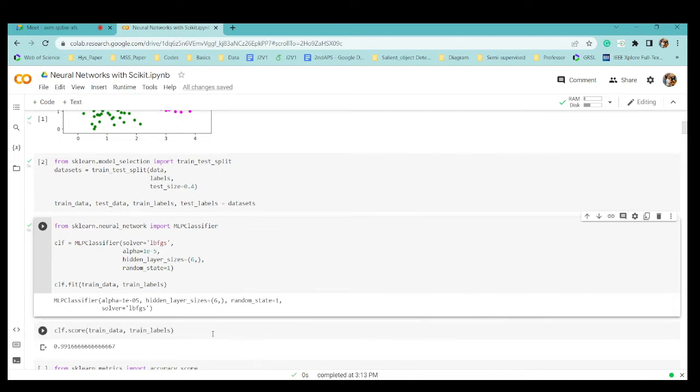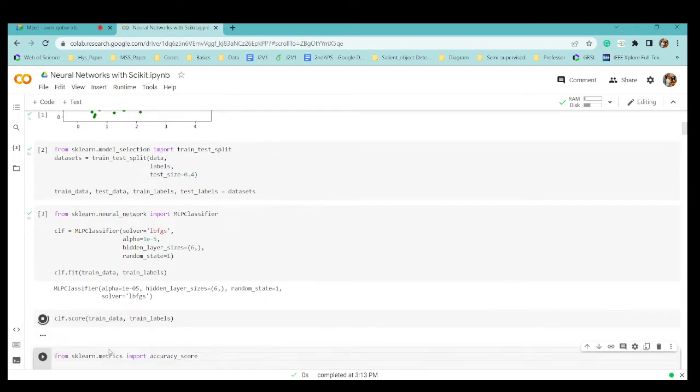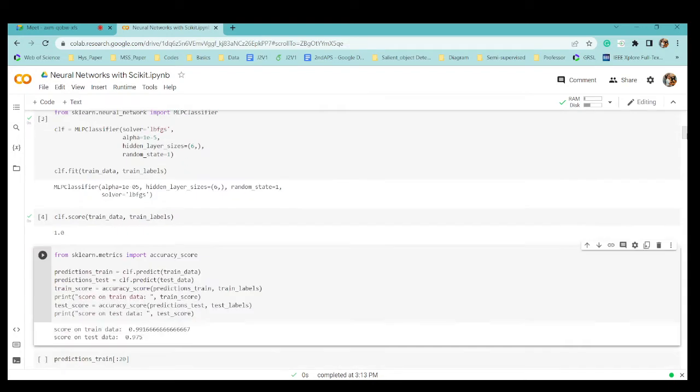Now, since the data has been fitted, it's a very small data set, which I wanted to use to show how, with scikit-learn, in just two or three lines of code, you can train your model with a neural network. Now I'm calculating the score, and this is for training data. For training data I'm getting a score of 1. Doesn't matter for training, it is fine.